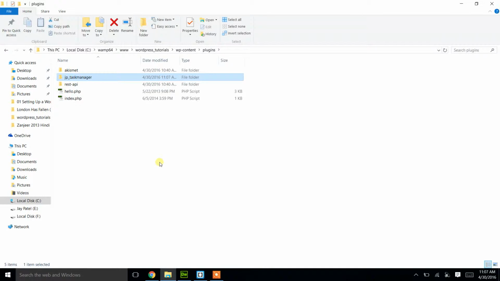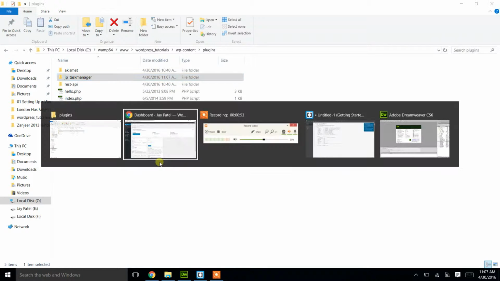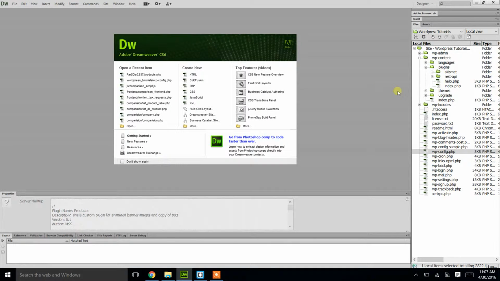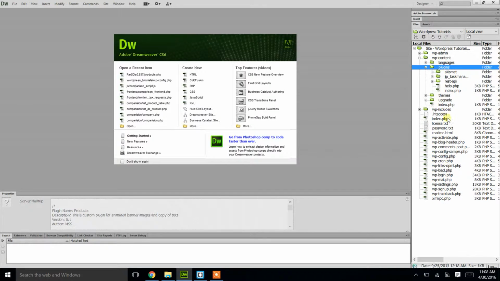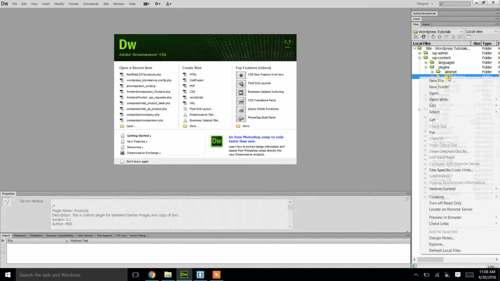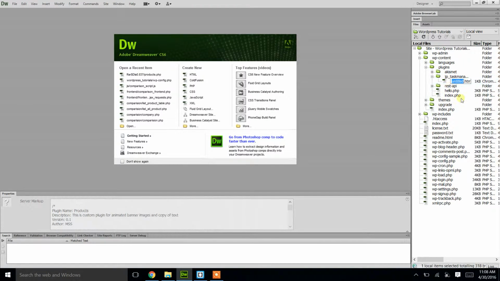Now we have made the folder. Now we'll add a file. I will go to my IDE, I'm using Dreamweaver, but you can use whatever you want, and create a file. I will create a PHP file from here. In plugins I will refresh my local files, and here in task manager I will add a new file,